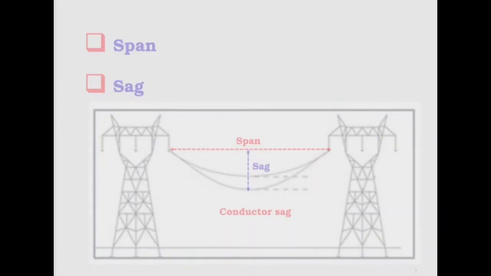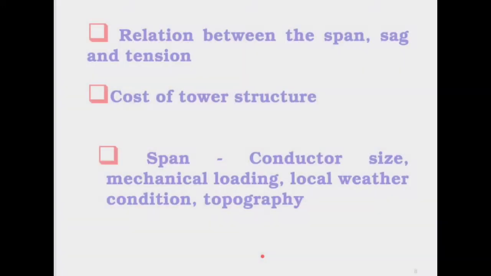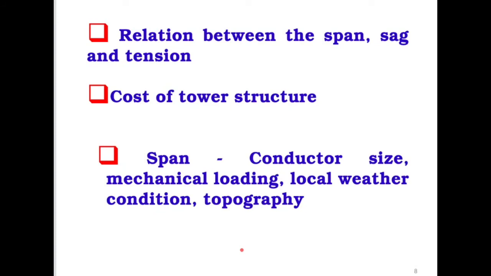Now, as we increase the span, sag will be more. Yes, this affects the ground clearance. This also affects the tension in the conductor. If we allow more sag, the tension will be less, which is good for the conductor. It will have less chance of getting snapped from the point where they are fastened to the structure. Now, how much should we choose as a span, is it going to be 100 meter, 200 meter, or 300 meter? Because that actually determines how many tower structures we will need.